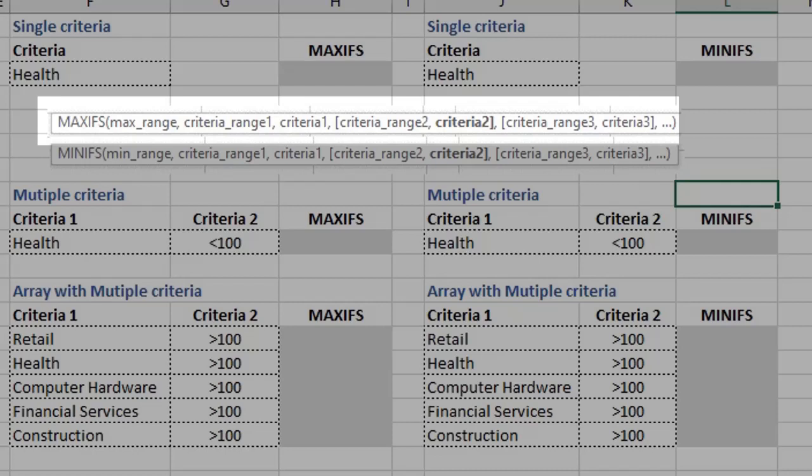Simply put, it is asking where do you want to find the maximum value? What is your first criteria range? What is the first criteria? What is your second criteria range? What is the second criteria? And so on. This function can take up to 126 criteria pairs. The syntax for MINIFS is similar to MAXIFS. The only difference is that Excel will determine the minimum value from the min range based on a given set